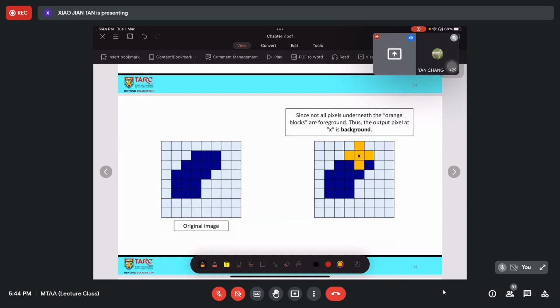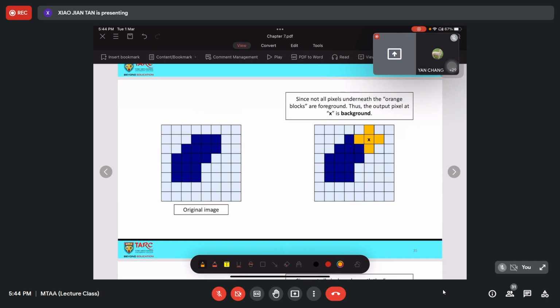Okay, and we proceed to another one. The center pixel is now here, and again since not all the pixels underneath the orange block are foreground, the output pixel is converted to background. So we remove two blocks and we continue. For this block, not all blocks underneath the orange block are foreground, so this is considered background as well.